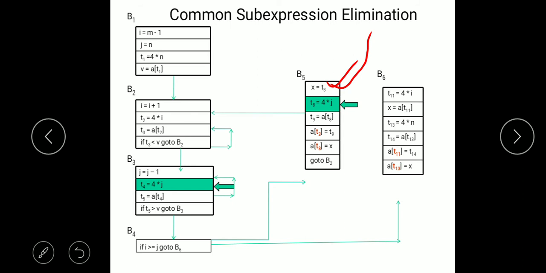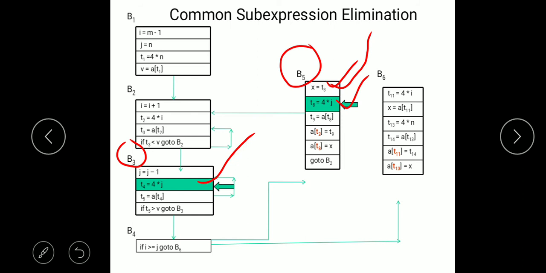Now try to find other common sub expressions. You can clearly see in B5, T8 is a common sub expression. That means 4 into J is a common sub expression for T8, because in B3, 4 into J is already being computed, so we don't need to compute it again.